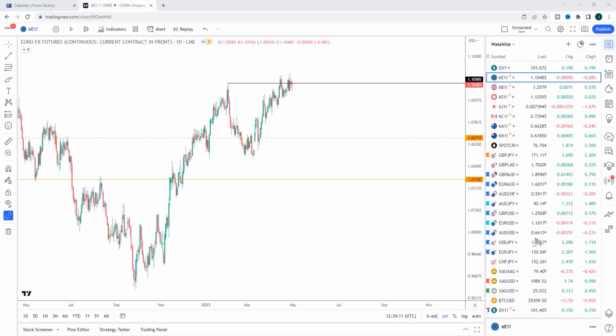So any kind of follow-through move from the euro interest rate decision is probably going to be something for next week now. But you can see in the euro, here's the previous high, and we are really lacking momentum. Every time we test these highs, we fail. So there's nothing to say that this has reversed. As you can see, we're still pushing higher. And there's nothing to say that we are not going to come up and test the high once again. Maybe we test the high a couple of times.